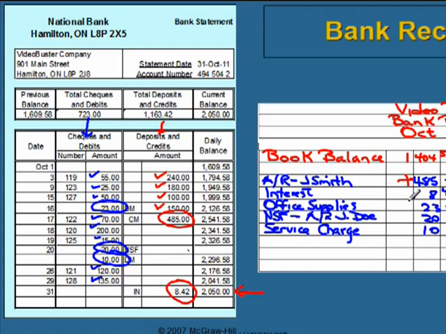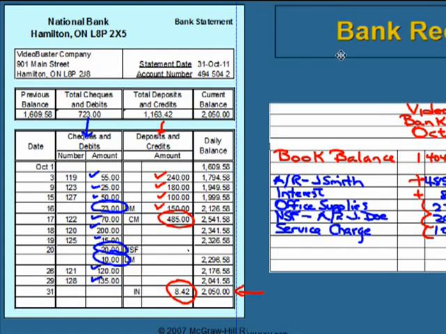Interest was another item that was in the debit column, so that's also going to increase the bank account. Office supplies, the NSF check, and the service charge were all in the check column, so those are all going to decrease the bank account. So we're going to put brackets around those guys to remember to subtract them when we calculate our new book